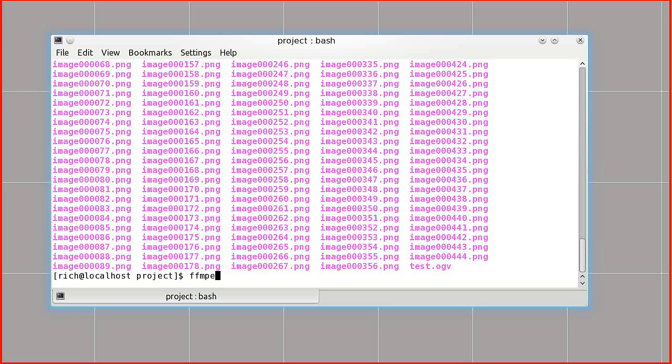I'm going to do an ffmpeg and a -r for a new frame rate. I'm going to make it really quick, so I'll use 30 frames per second, which is a good value, especially for YouTube. A new bit rate of 1000, could be more, 1500 or 2000. An input name, -i, and same as before, image